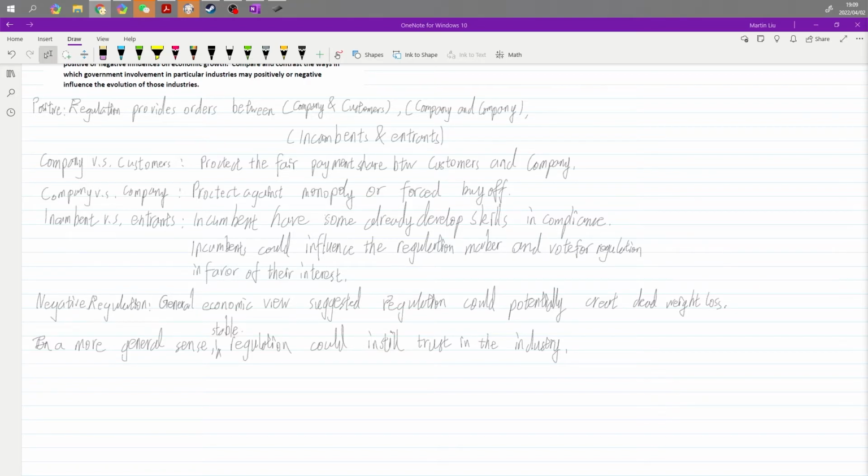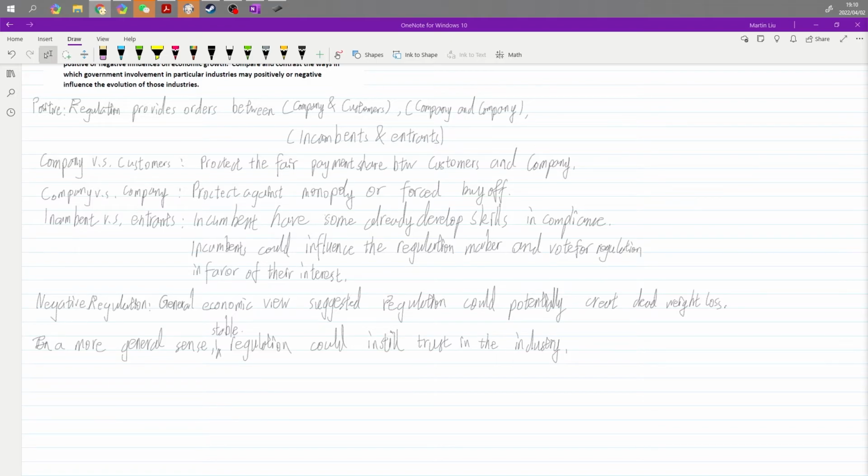First is between the company and its consumers or customers. The second part is between the existing companies within the industry. So it's about the competition within the industry. You want it to stay stable, so there are not a lot of people out of the market, and the market stays balanced for a long time, or for the long run.